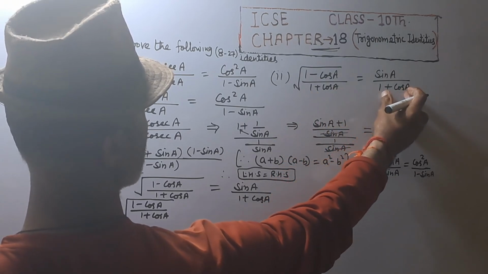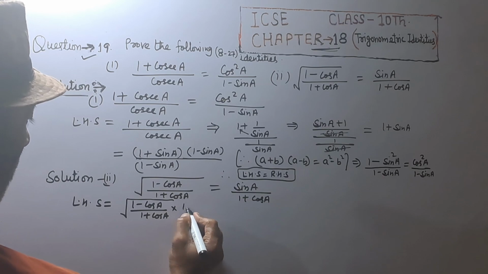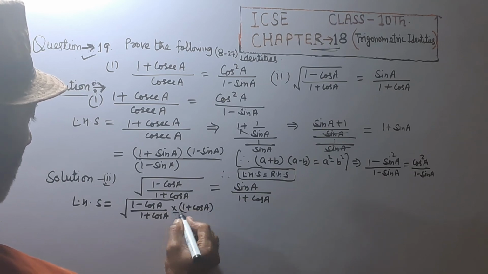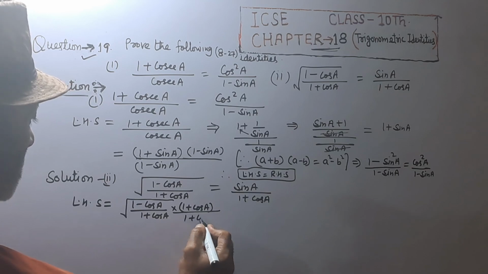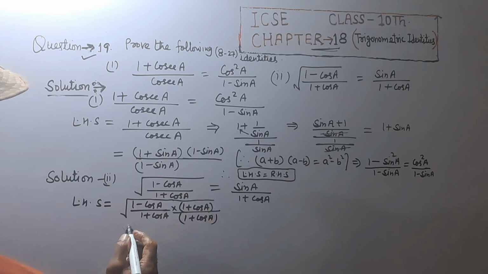The denominator is 1 plus cos A, multiplying 1 plus cos A upon 1 plus cos A multiplying and divided by 1 plus cos A with root,